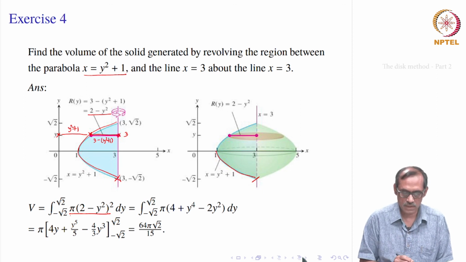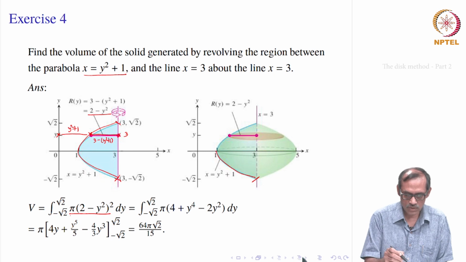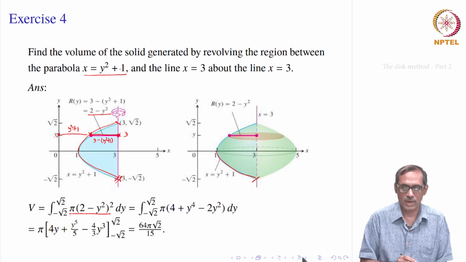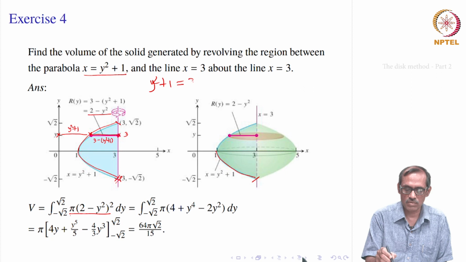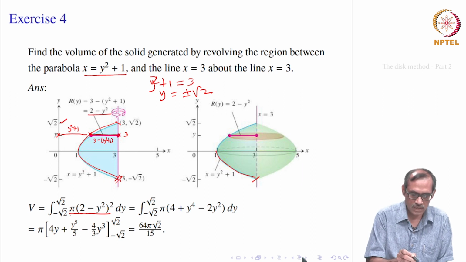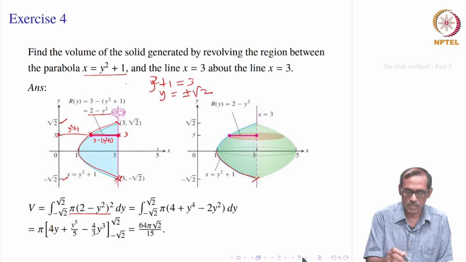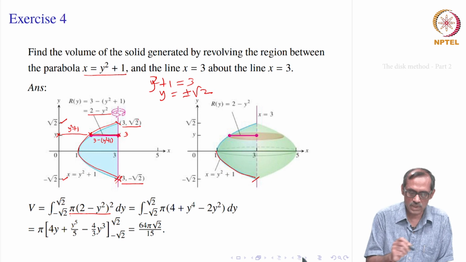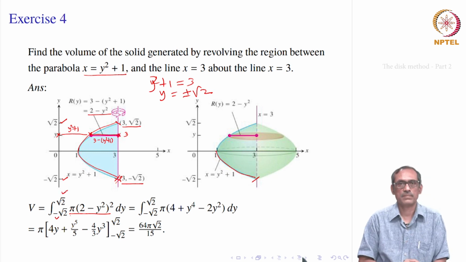Now, what are the limits of integration? So, you must find these 2 points. It is on the line x equal to 3. So, you find out where x equal to 3 intersects the curve x equal to y square plus 1. So, you get y square plus 1 equal to 3, that gives y equal to plus or minus root 2. So, y is minus root 2 and y is plus root 2, these are the intersection points. Correspondingly, if you compute x, they will be equal to 3, fine. So, the intersection points are (3, minus root 2) and (3, root 2), and we are integrating with respect to y, so we just take minus root 2 to root 2, fine.